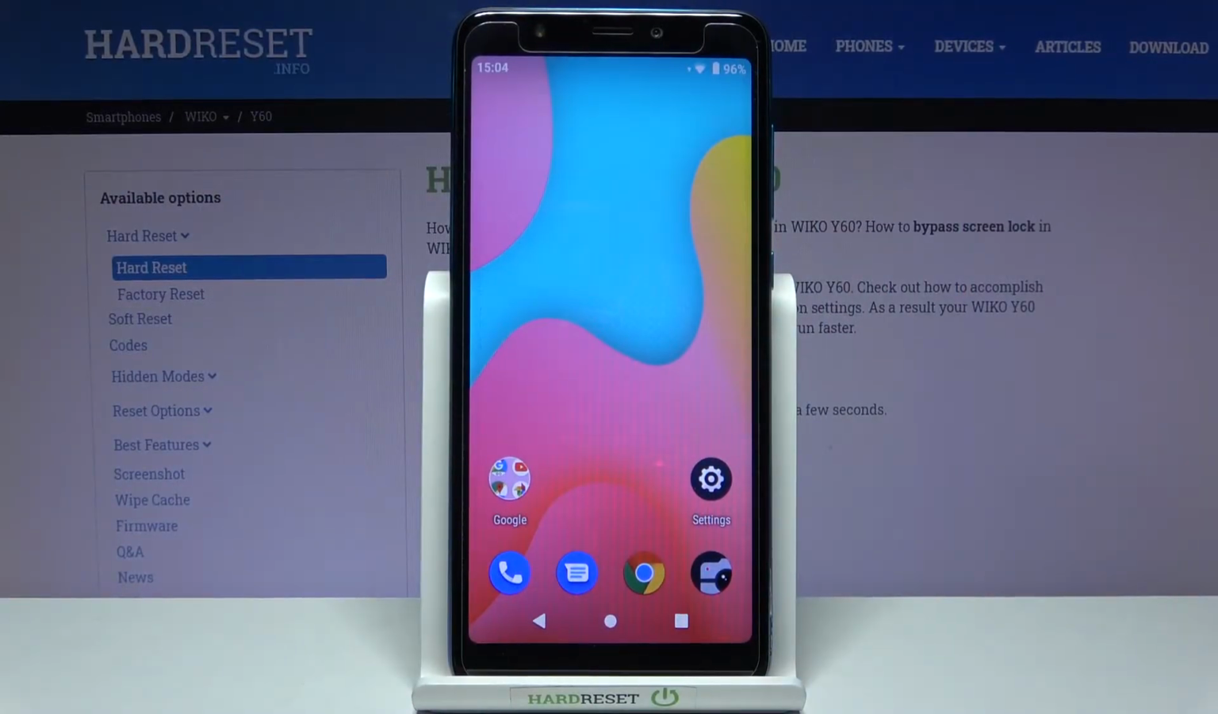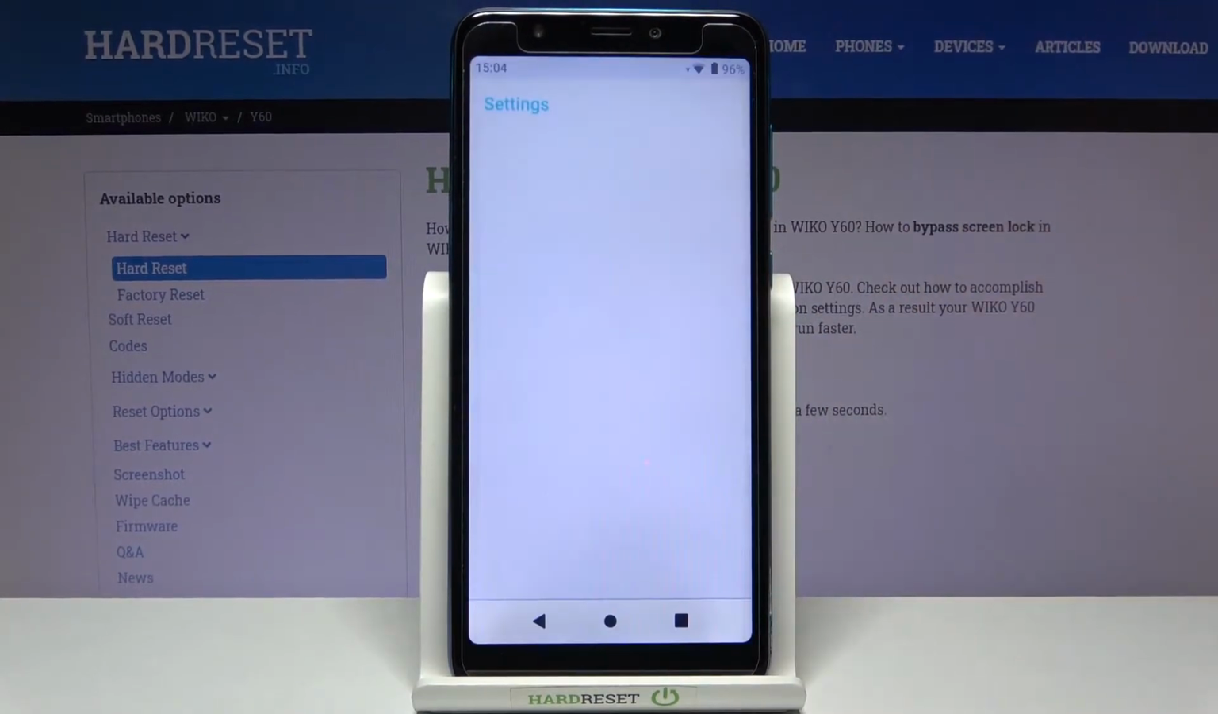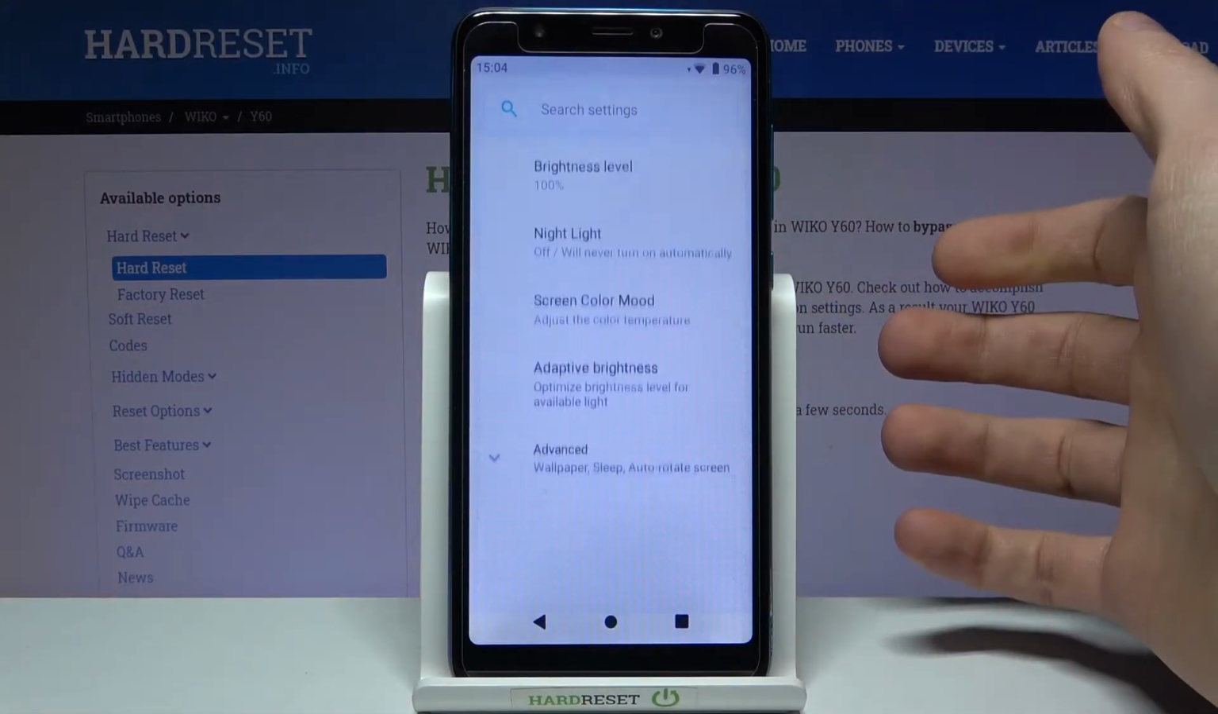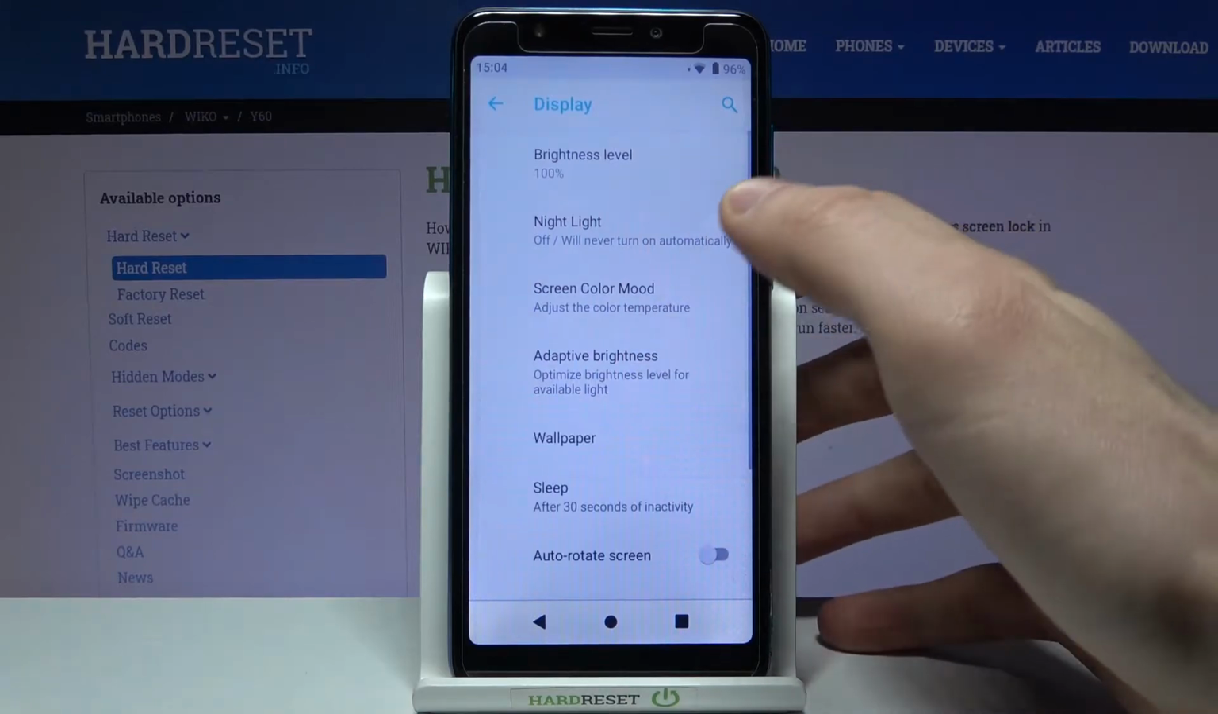Here I have WIKO Y60, and today I'm going to show you how to change wallpaper on this device. So firstly, you will have to open settings, then you have to enter display section, then go to the advanced